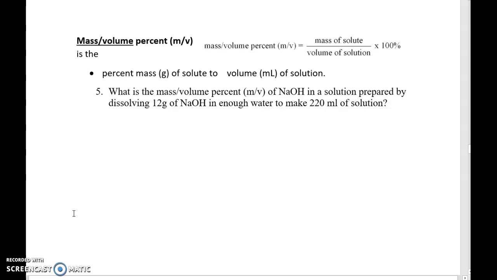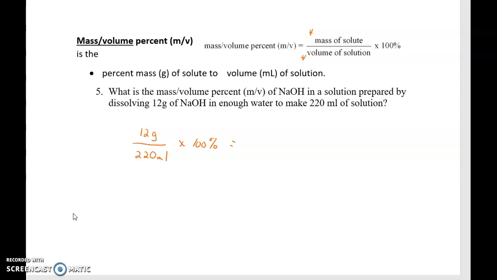Mass per volume. Okay, this is actually one we use quite a bit in lab. What is the mass percent volume of a sodium hydroxide solution prepared by dissolving 12 grams of sodium hydroxide in enough water to make 220 milliliters of solution? So what we're going to be doing here is putting the mass of the solute, dividing it by the volume of the solution times 100%. The mass of the solute is 12 grams, and the volume of our solution is 220 milliliters times 100%,